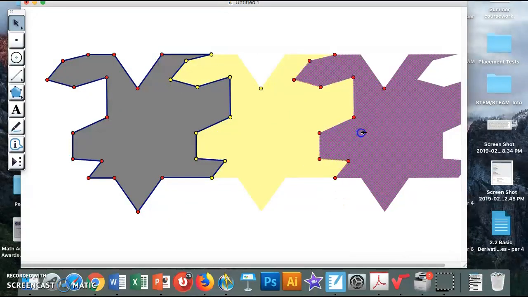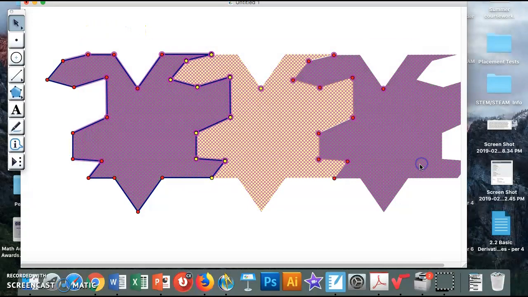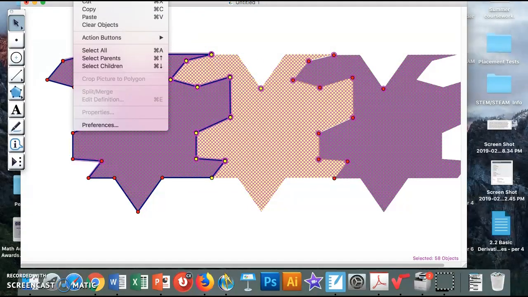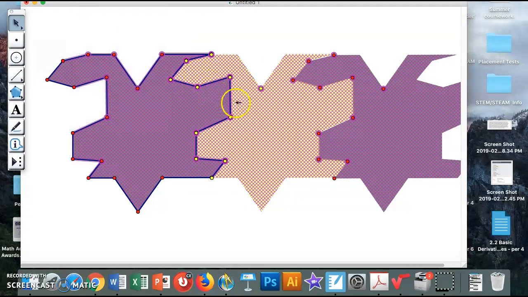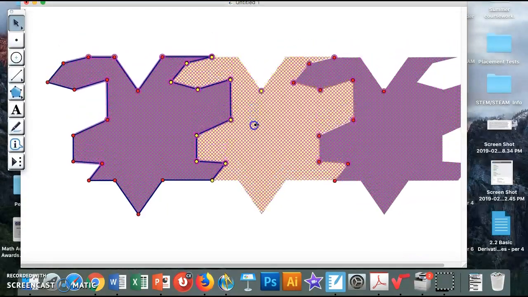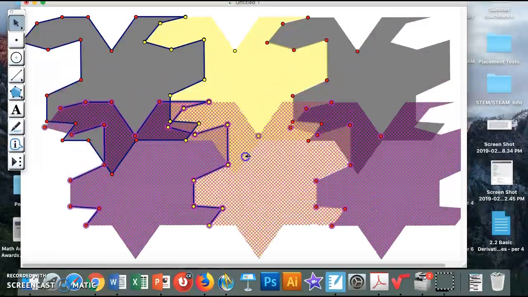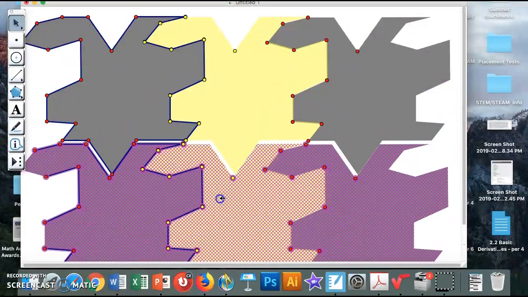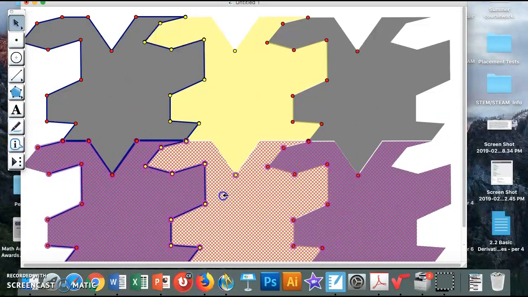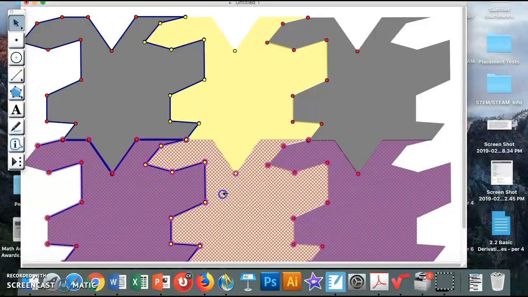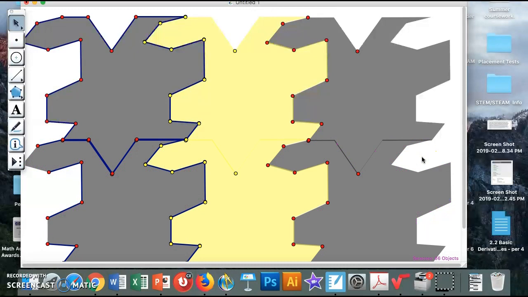And if you've done it absolutely perfectly, it means if I select them all and copy it, I should be able to figure out a way to paste these all together down below. See how I did that? So that is now a tessellation. It's tessellating the plane. Now when you do them all in different colors, you can see it a little better